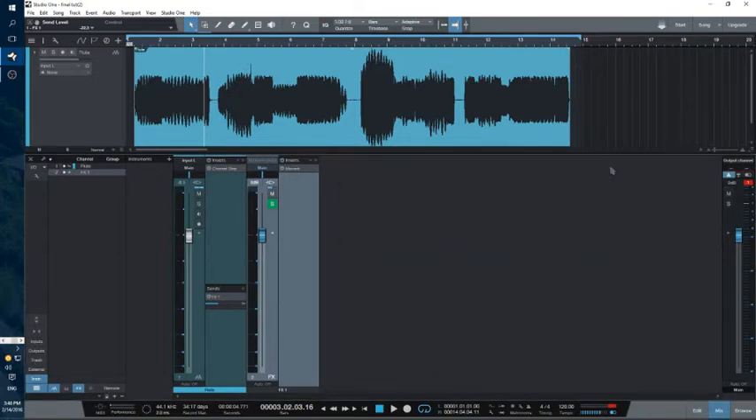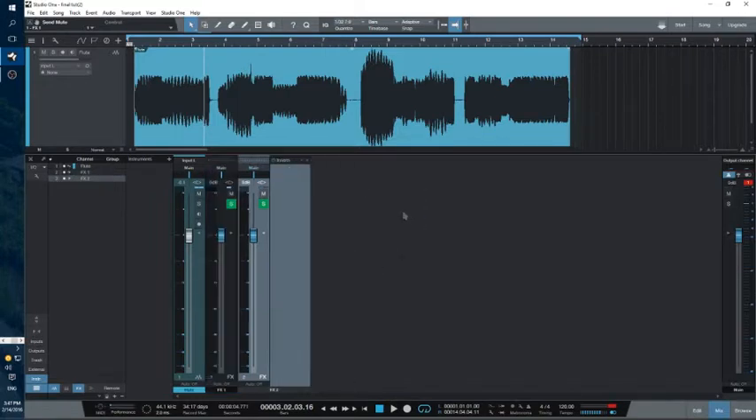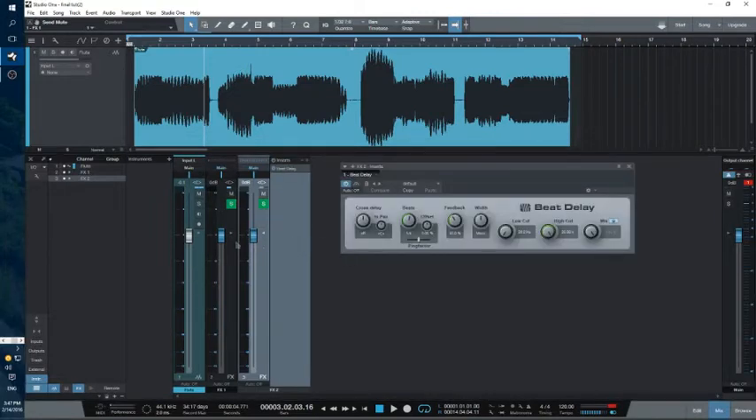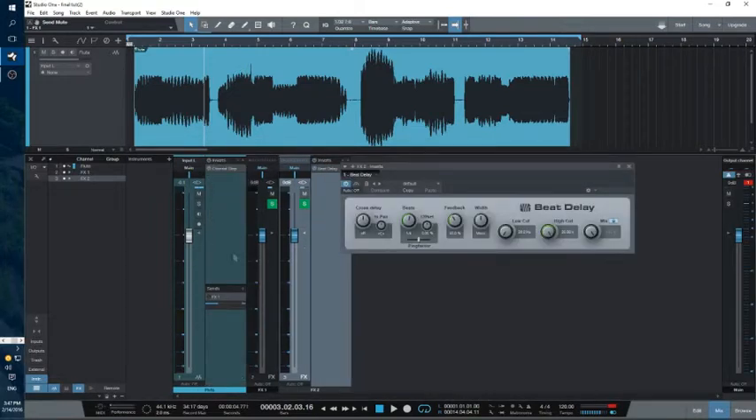Now we want to set our echo, because maybe we're out in a canyon and we've got some hard surfaces that are going to create echoes. So in order to set that well, I'm going to turn this one off with this little power button right here, so I don't hear the reverb. I'm going to add another effects channel, and I'm going to insert the beat delay. Then I need to go back here and make sure that I have a send going to the second effects,